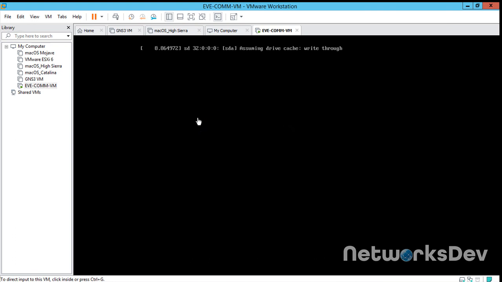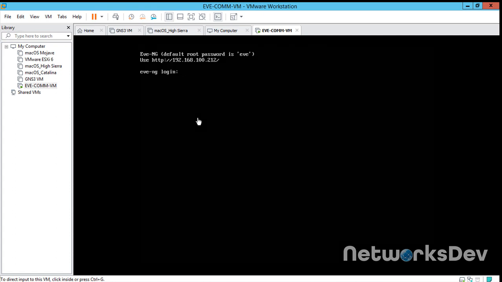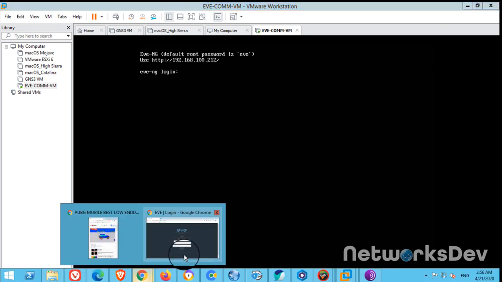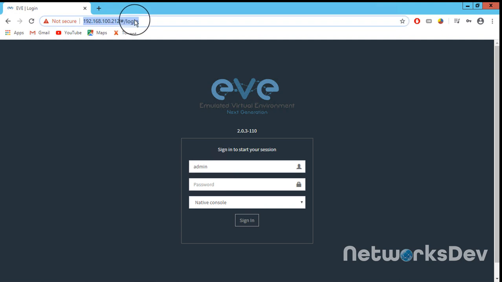So the virtual machine is started. As you can see above the IP, just go to the browser, type this IP and click enter, and you can see the console in front of you.